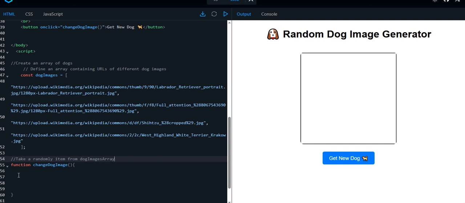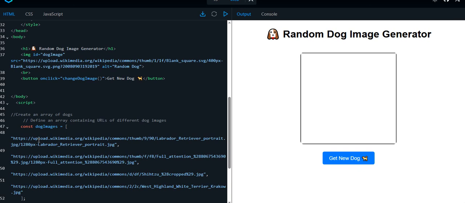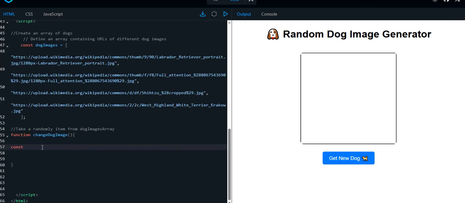Okay, we should create a variable randomIndex because I want to take a random index. What is an index? Index starts from 0: 0, 1, 2, 3. We should take a number. Index is a number, and in JavaScript it starts with 0. The first element has index 0, the second 1, then 2, and 3. Okay, const randomIndex